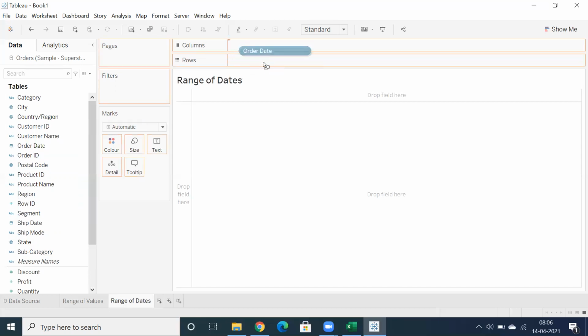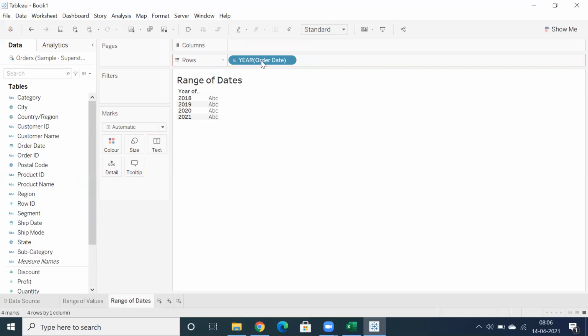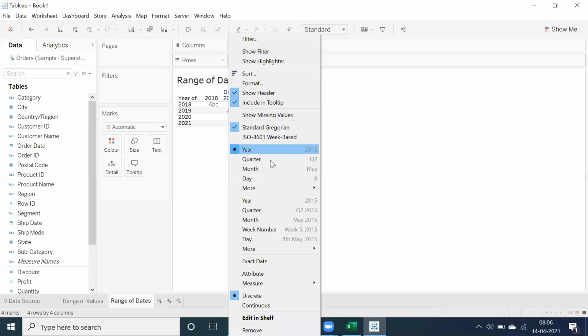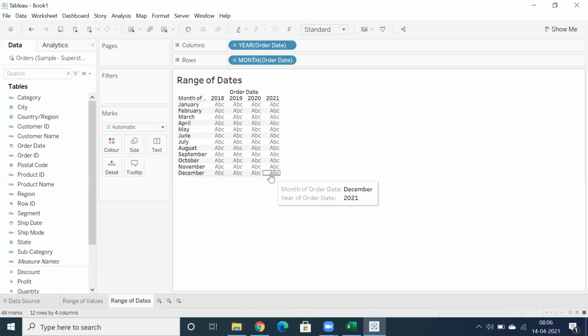When you drag and drop order date, by default you'll get year of order date. Let me drag and drop it into columns. Again, you can drag and drop order date into rows and click on this drop down. One of the advantages, if you want to showcase month level, is to click on month.